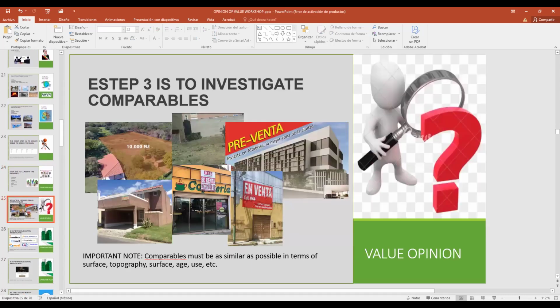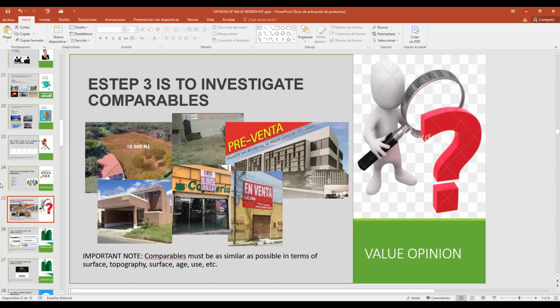Step number 3 is to know how to investigate comparables. Comparables must be as similar as possible. I mean, they have to be very similar real estate.